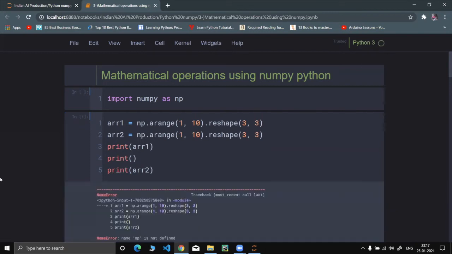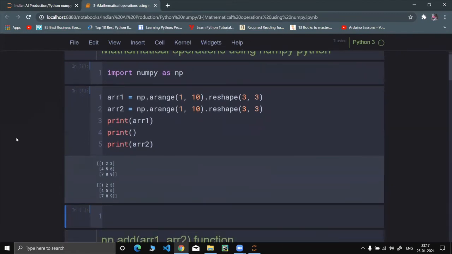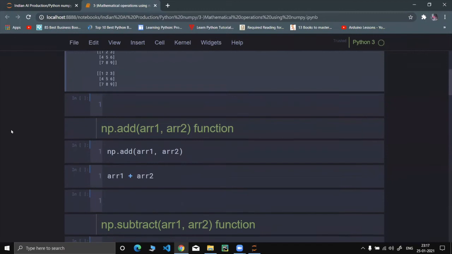Yeah, let us do that. As you can see, we have created two arrays of 3x3 shape.